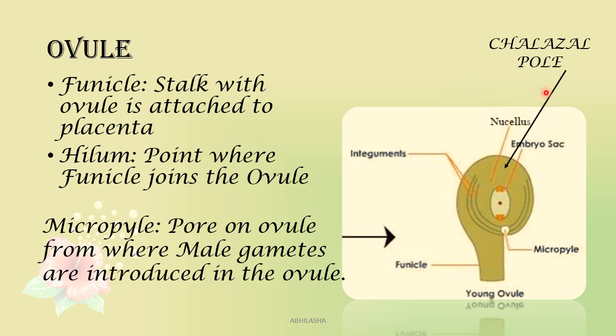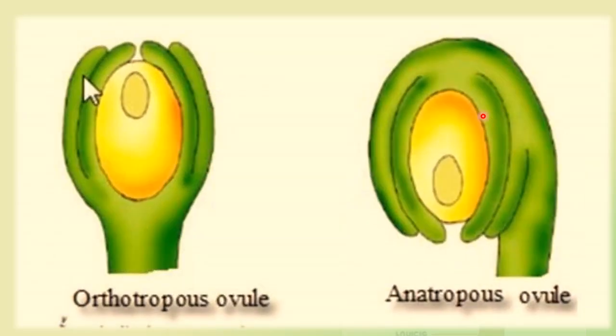This structure is known as anatropous ovule. And if the rotation does not happen, we get an orthotropous ovule. Here in orthotropous ovule, this is the micropyle, this is the funicle, and this is the hilum. So you can see all these three lie in a straight line from top to bottom, and the funicle is not merged with the integument. This is the outer integument, this is the inner integument, and funicle is not merged with the integuments.